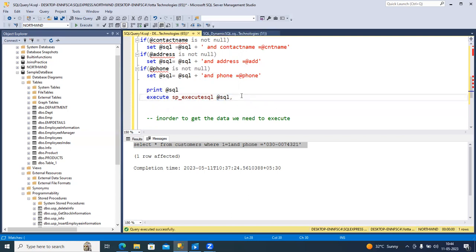You have to pass 2 parameters, one is SQL, second one is your input parameter, that is nothing but you declare a variable called cname which is of nvarchar. ఎందుకంటే మీరు ఆల్రెడీ cname వాడారు, కానీ ఇప్పుడు దానికి డిక్లరేషన్ ఇక్కడ ఇస్తున్నారు nvarchar 50. So you just declare all the 4 parameters like this: cname, @contact name, as nvarchar,